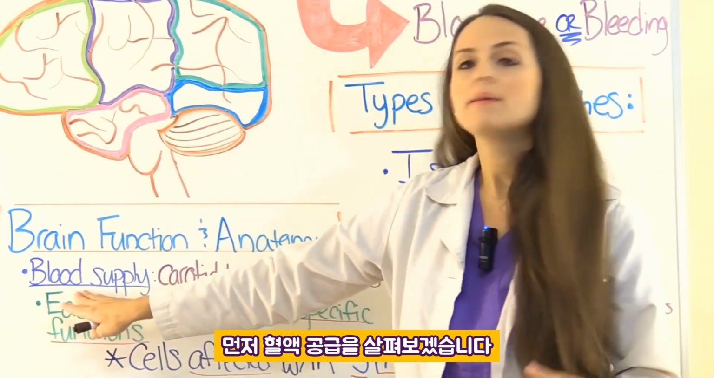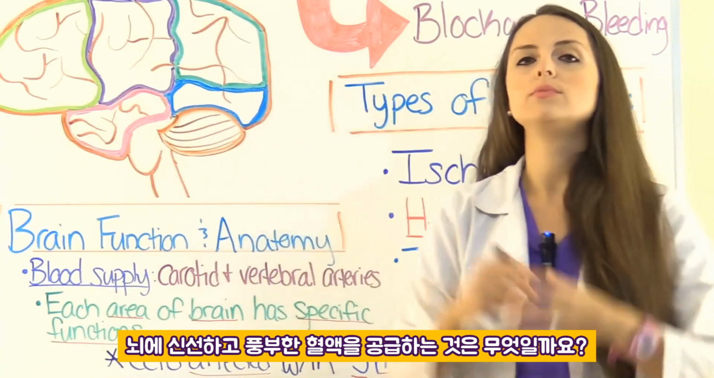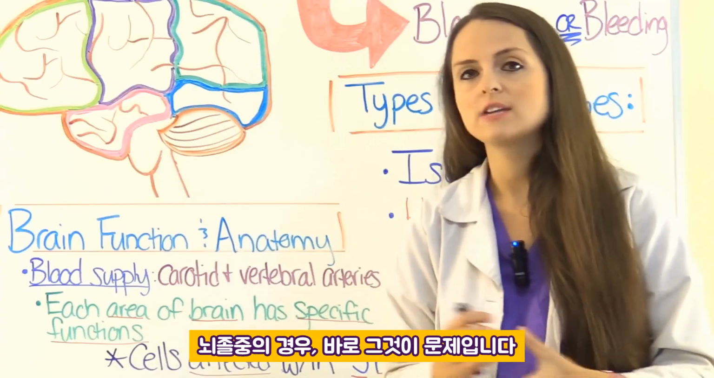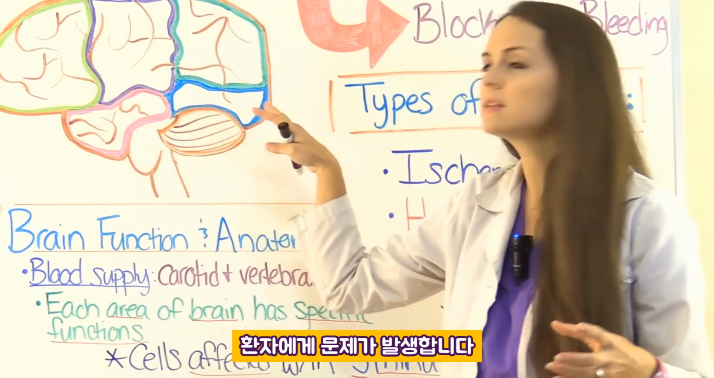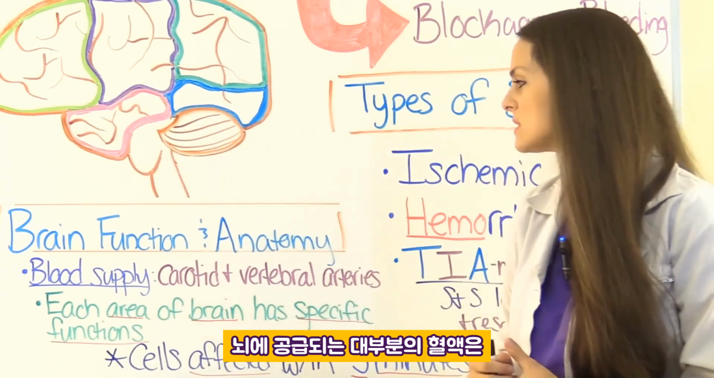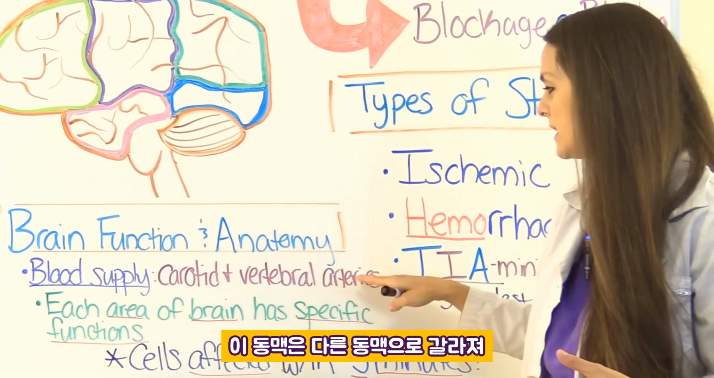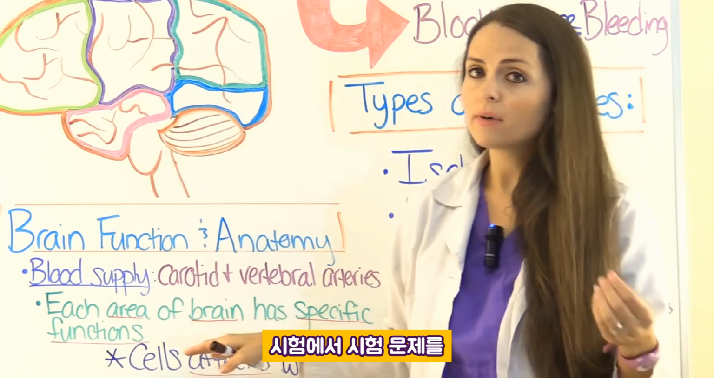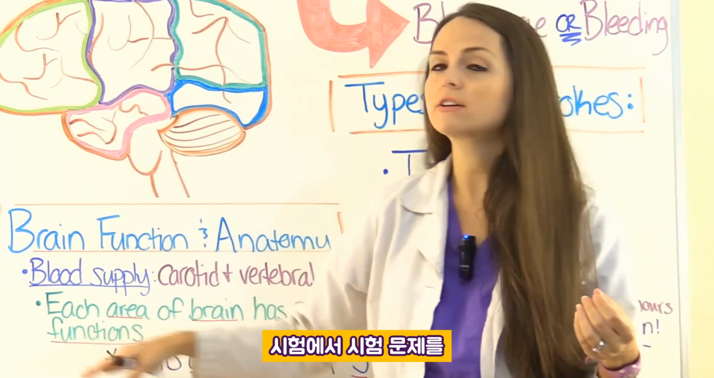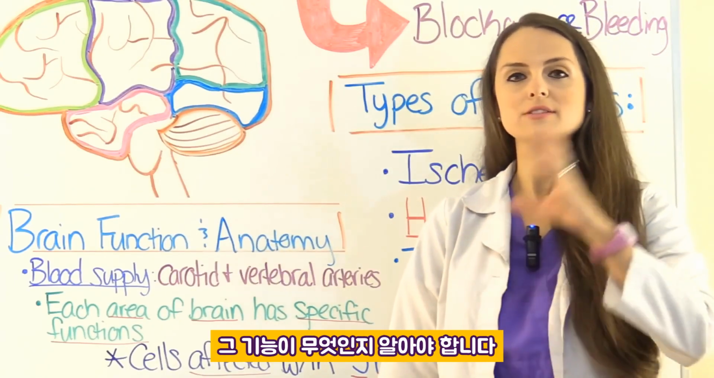So first, let's look at blood supply. What supplies the brain with all of its fresh, rich blood? Because in stroke, that's the issue. There's not enough blood getting to a specific part of the brain and it's causing the patient issues. Most of the blood supply that comes to the brain is through the carotid or vertebral arteries, and these arteries will branch off into other arteries and will feed these sections, and each area of the brain has specific functions, and you want to know what those functions are in order to be able to get those test questions right